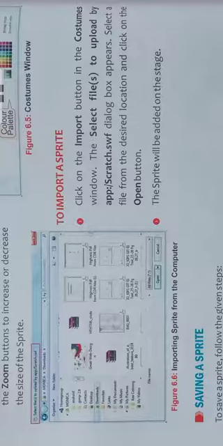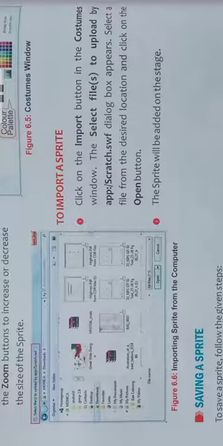Okay, so here I have told you how you can add a particular sprite. Suppose you take a picture when you have gone for a tour, and you want to use that picture as a sprite in your project, then how do you do this? You have to click on the import button in the custom window.